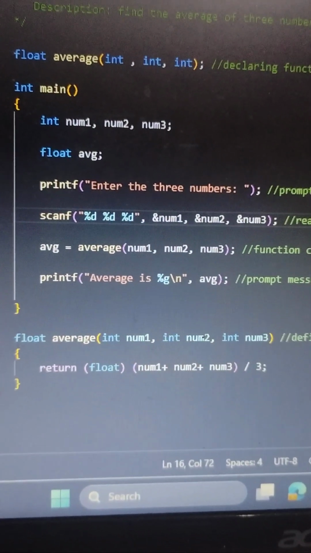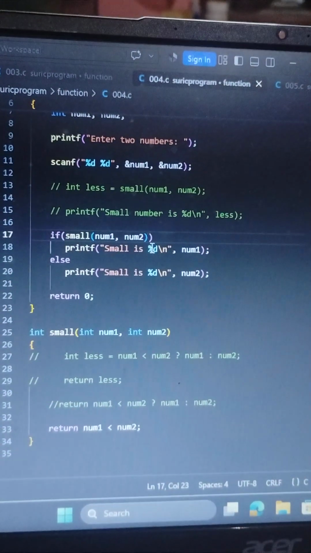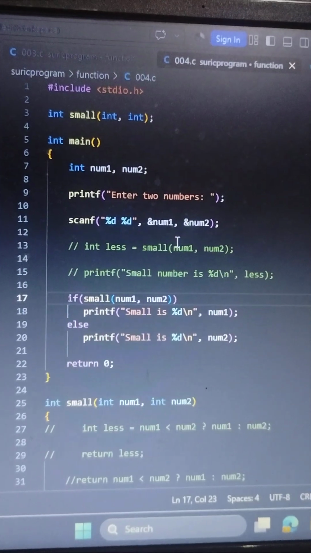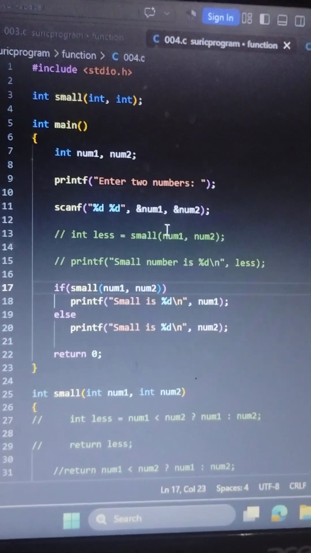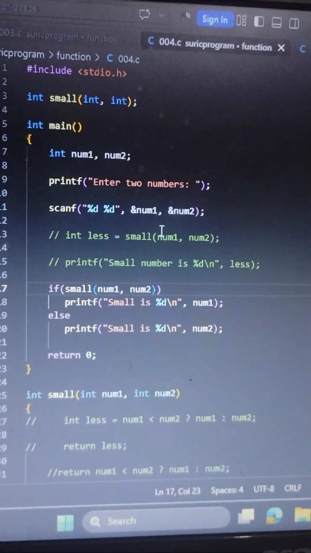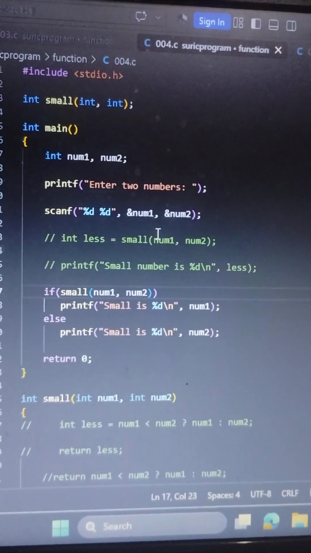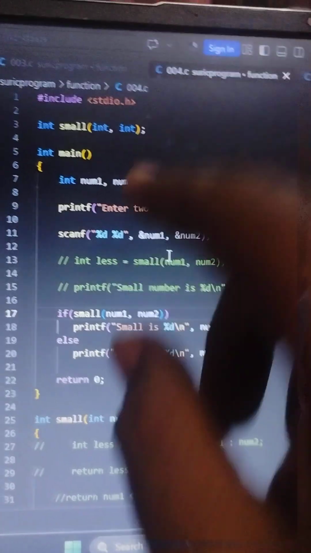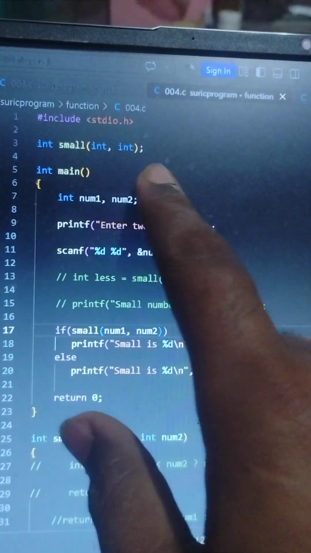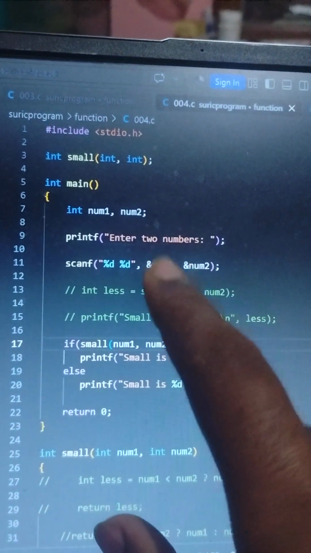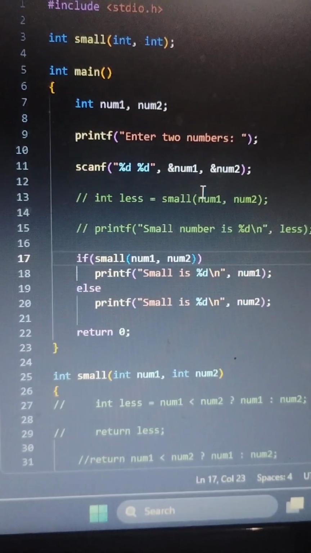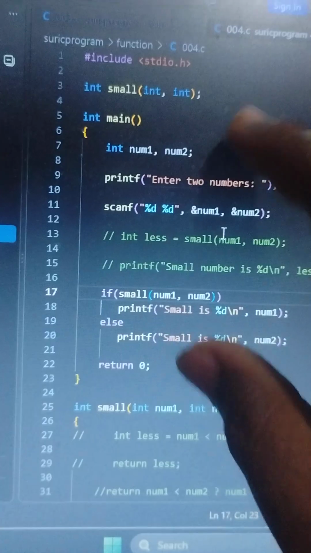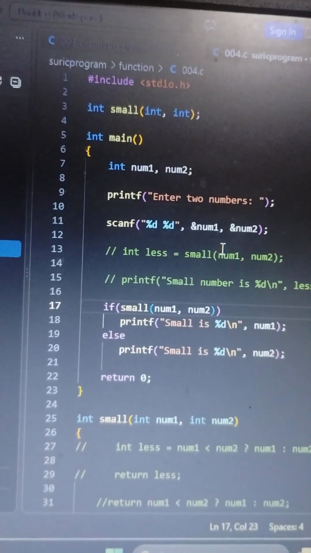The next question we are going to see is comparing two numbers, which is smaller or greater. #include, int small. Again I am creating a function, int main, and you also need to write